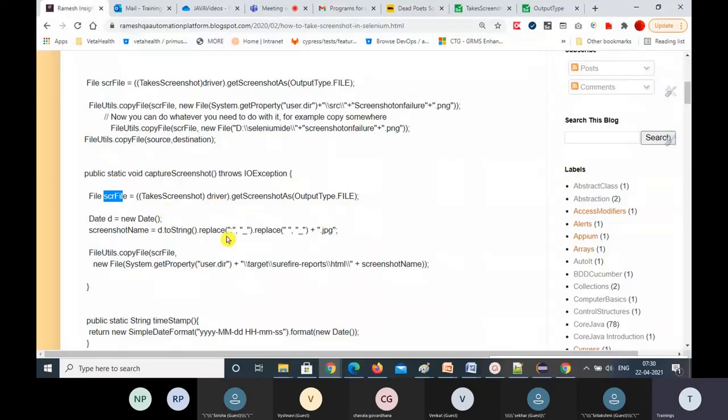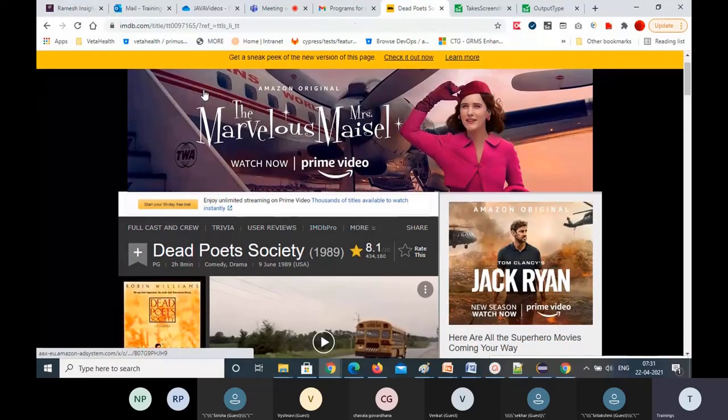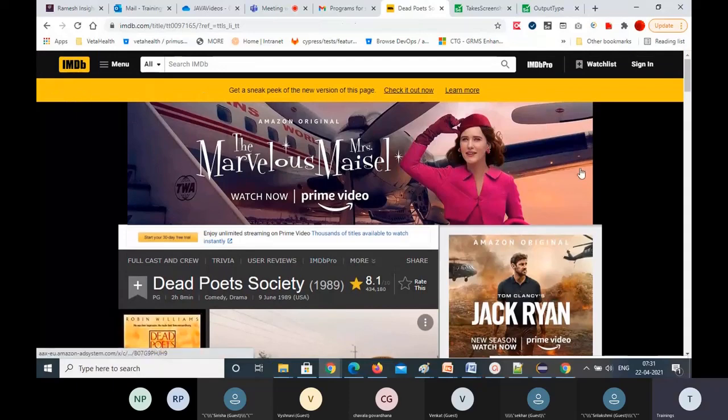And another one we need to write: how can you take a particular section or particular element screenshot? A section is also an element, right? Suppose I want to fetch only this portion, or only this element's screenshot. How can you get that?